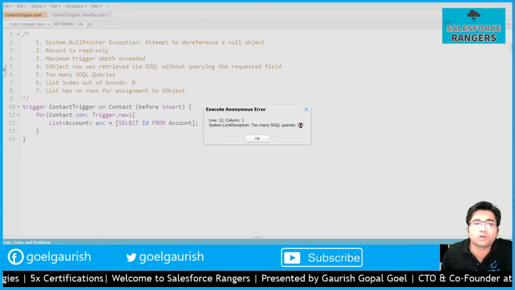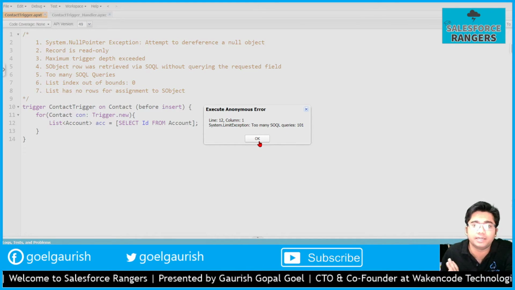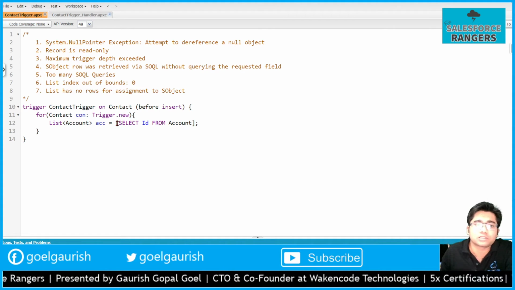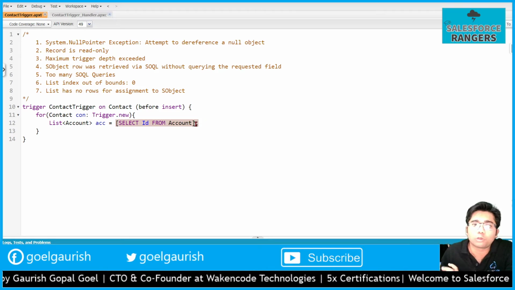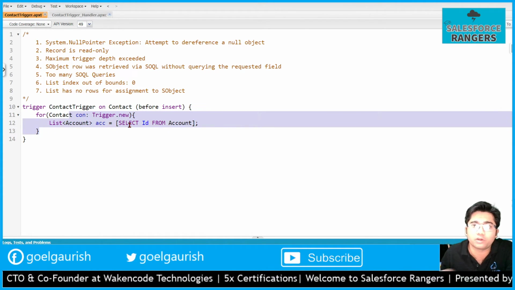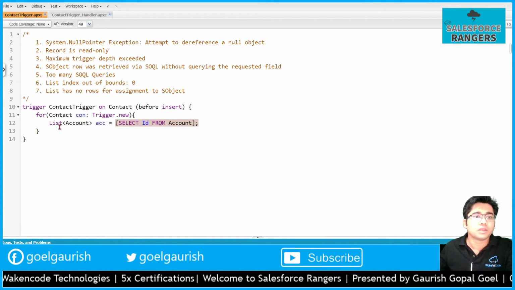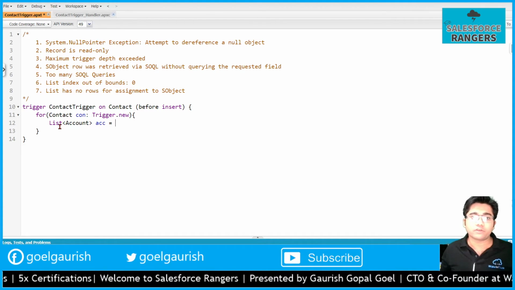That's why it always shows 101, because at 101 the limit is exceeded. So simply you can just remove this. Although we can write it, as you can see that I have already written it, we should never do SOQL inside a for loop or a DML operation. So you can use maps, and in order to understand maps you can watch my other videos.